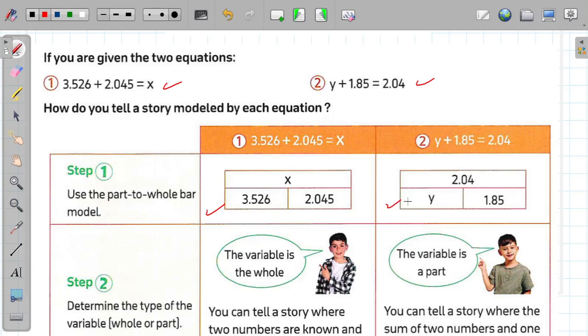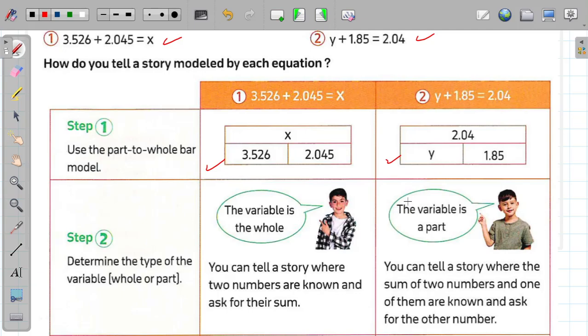And next I will imagine, or I will first determine the type of the variable, if it is the total number or a part number. Okay, so if the variable is a whole, we can tell stories where the two numbers are known and we ask for their sum. Okay, and if the variable is a part, we can tell a story where the sum of two numbers and one of them are known and we ask for the other number. Okay, so